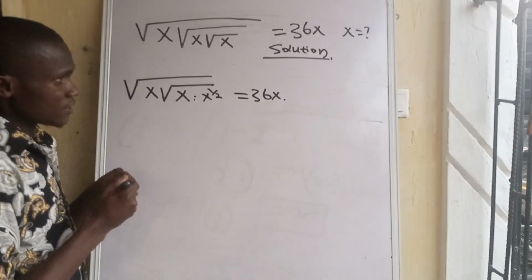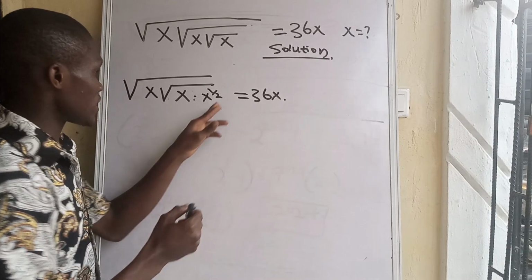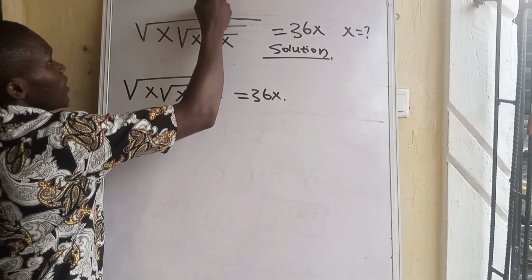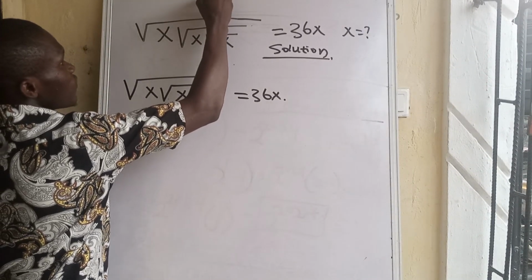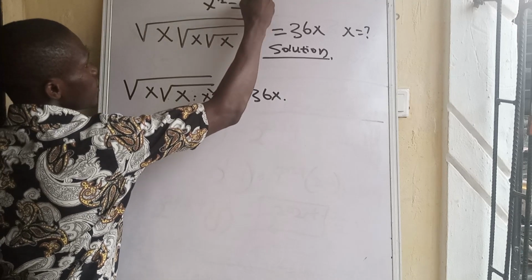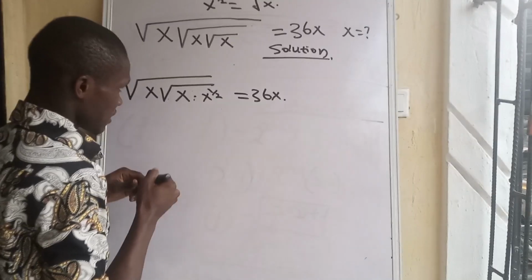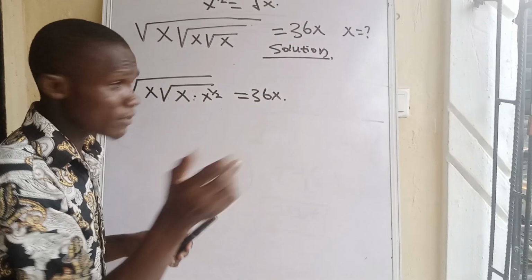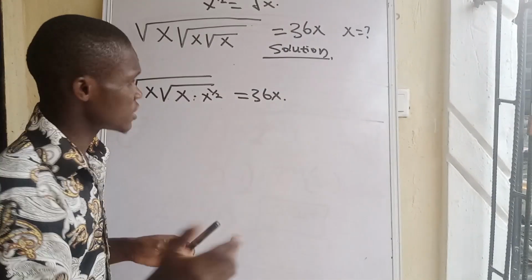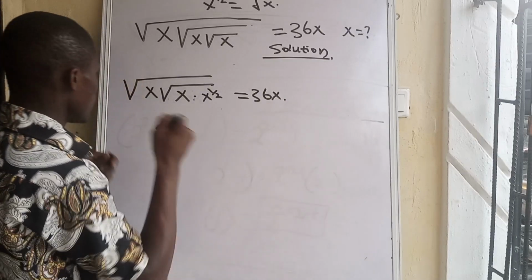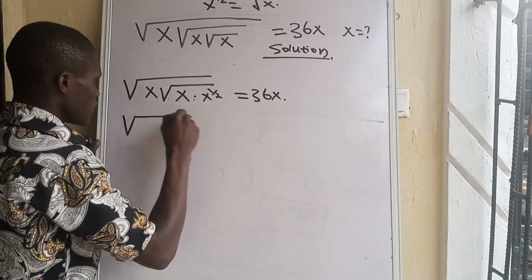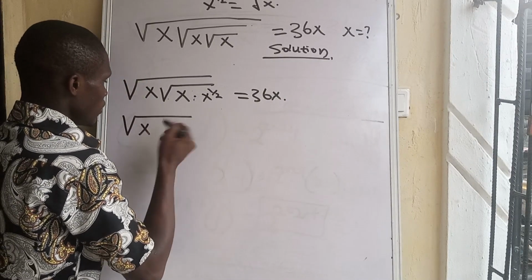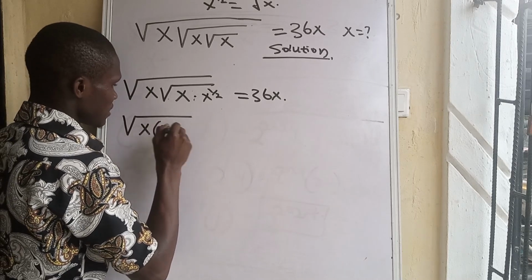This is now quite easy because x to the power of 1 all over 2 is also equal to the root of x. The dot represents a multiplication sign. Rewriting this again, we can say root of x open bracket x dot x to the power of 1 all over 2